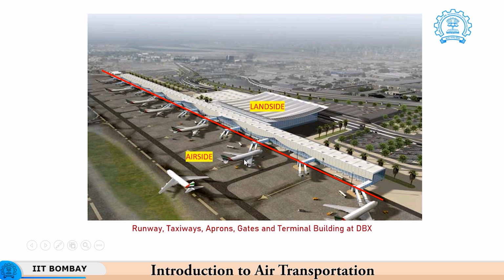So, then you start the landside area. So, these are the aprons 1, 2, 3, each aircraft is parked in one apron. Then there are these taxiways which will connect, taxi lanes actually, which connect to the taxiway, and then the taxiways connect to the runway. Here is the runway on the bottom left. So, in this case the demarcation between the airside and landside is very straightforward and simple, but it may not be the case in all airports.